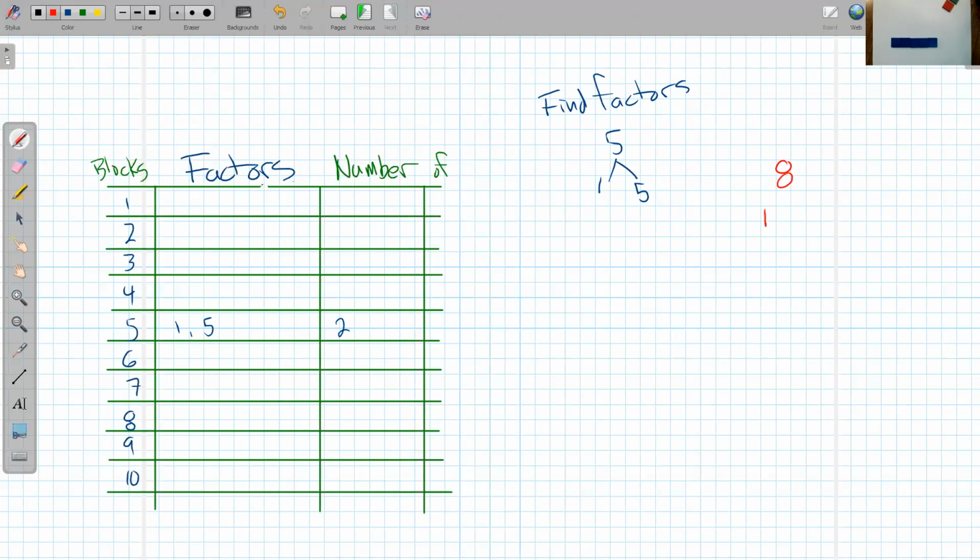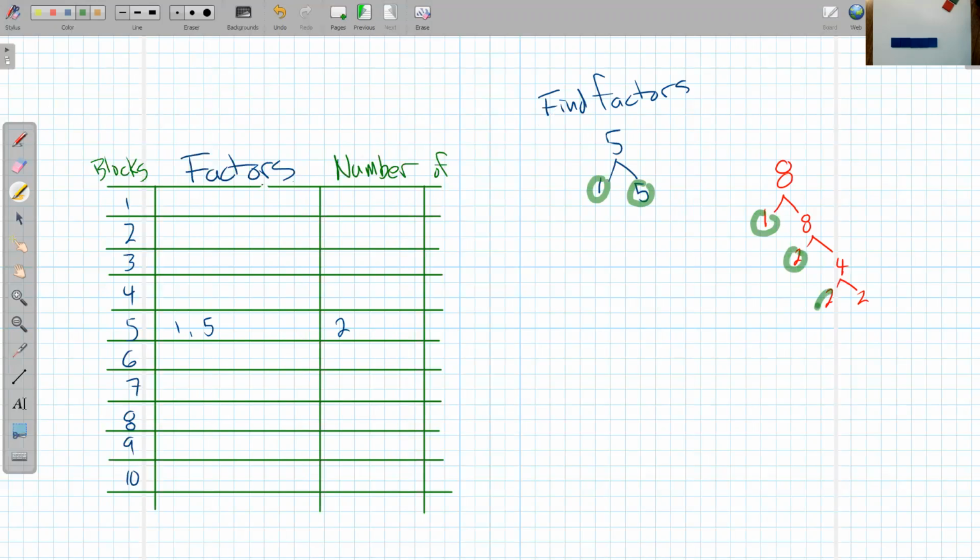If we try that for a number like 8, let's see, 1 goes into 8 times. And then I'll move up to 2. How many times does 2 go into 8? 4 times. And 2 goes into 4 2 times, right? When I make a factor tree, the ends of the branches, here and here,